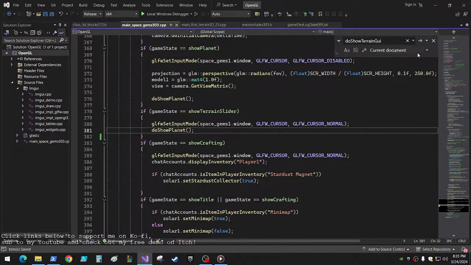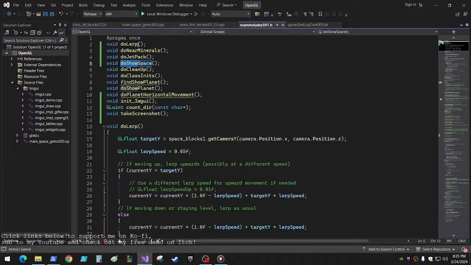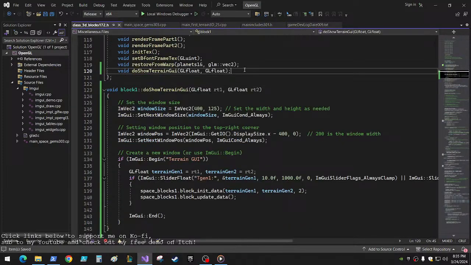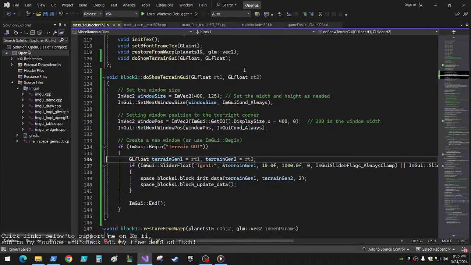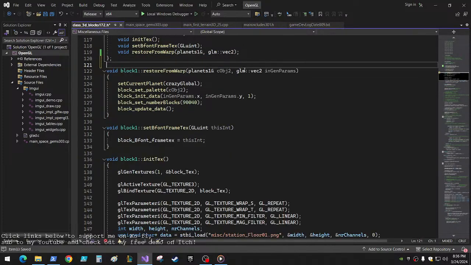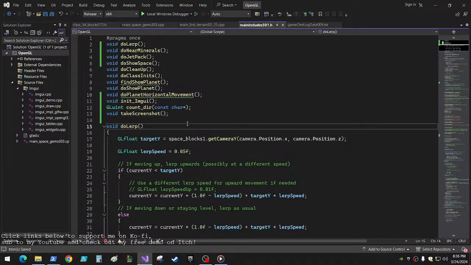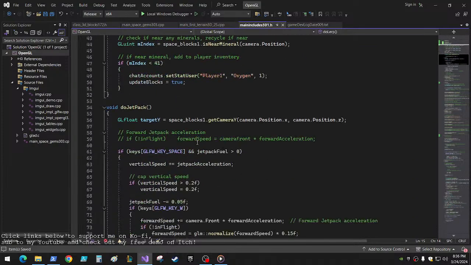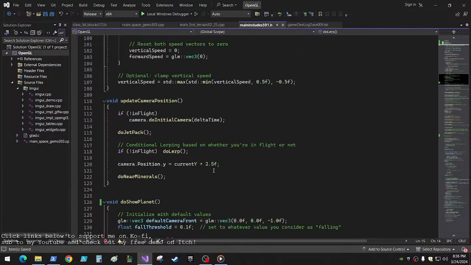Do show planet is there. Alright, hold on. We don't even need it. For now. Alright, for now let's leave it out. I mean, it's in the past. Yeah, let's just take it out then, that's fine, okay. I wasn't expecting that. I guess that makes sense though. Okay, do show space is another one. What else are we doing here? These can all go in the camera one, but